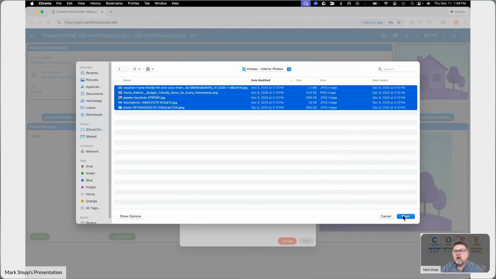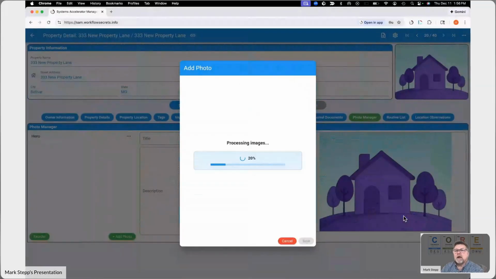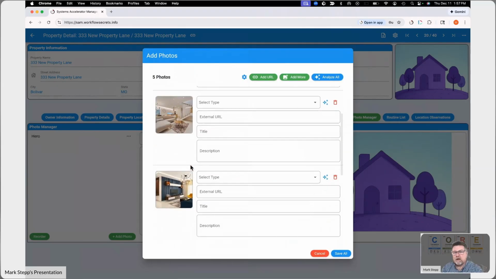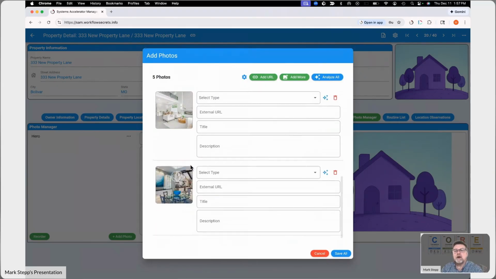Whenever you select multiples and open it, it will start uploading those images one at a time into the system and building out a connection for each one of those. Go through this process real quick. And then instead of just showing one at a time, we now have a full list of each of the photos. Whenever you're in this, you can click on the little Analyze with AI,